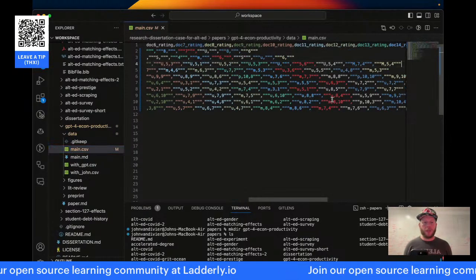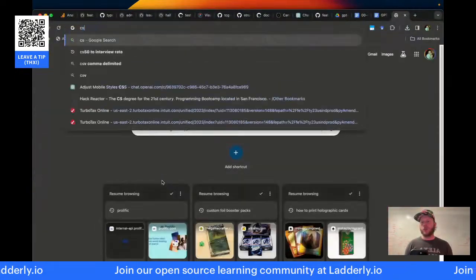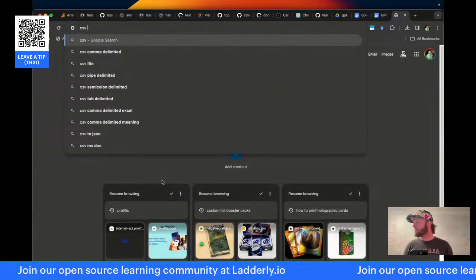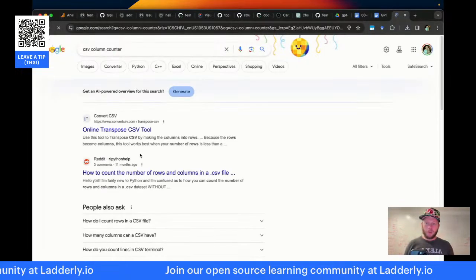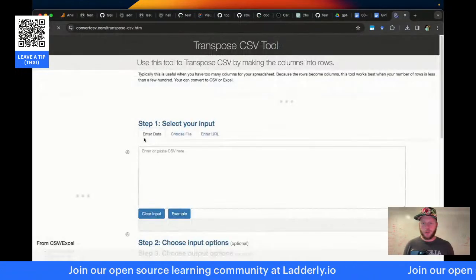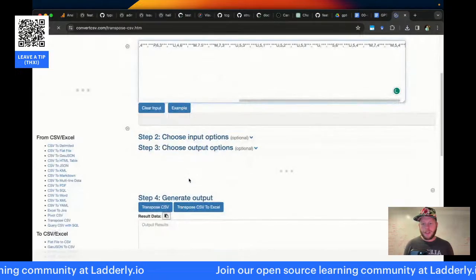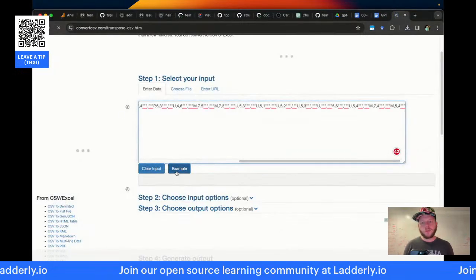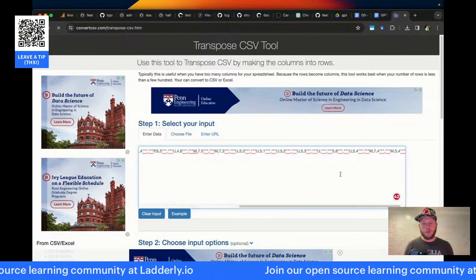Let me just grab one of these randomly and go to an independent tool, a CSV column counter. Really, I could just look at the number of commas if I wanted to. So let's split this. How do I submit it?